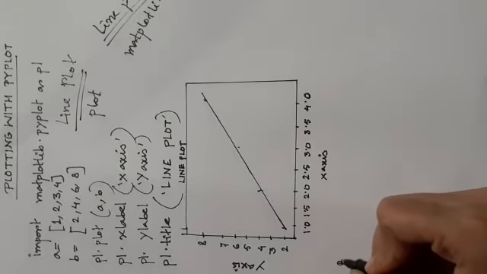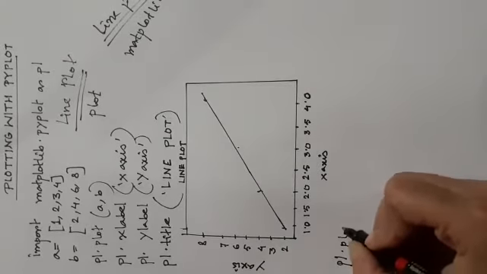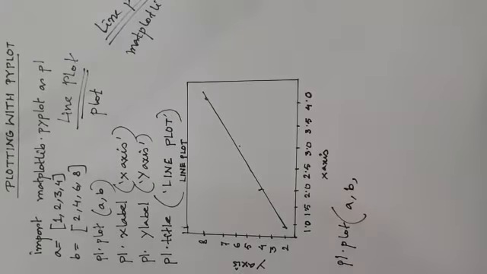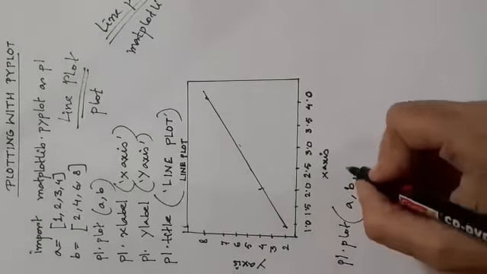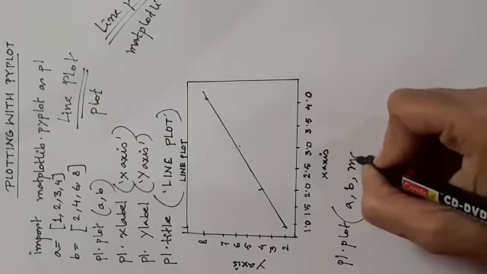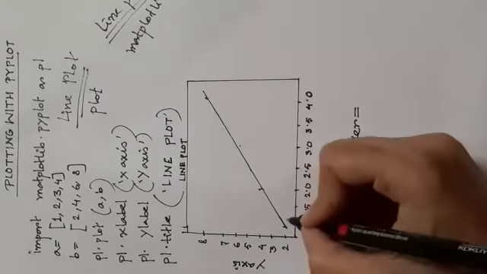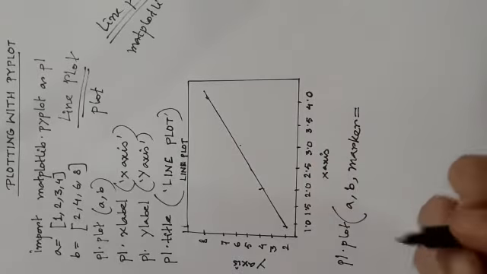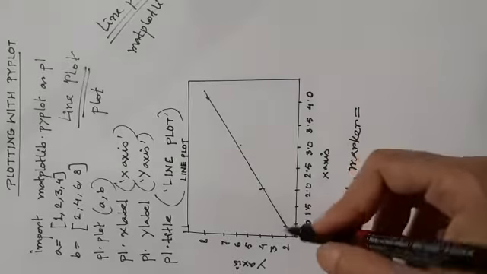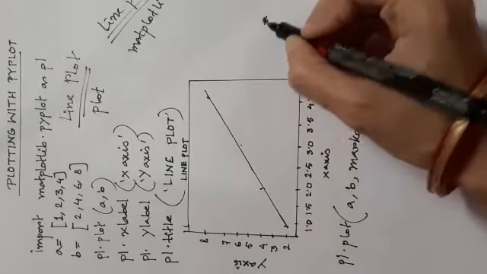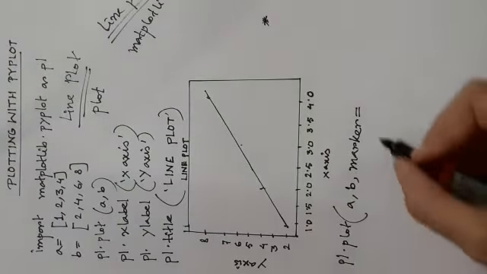Suppose I want to see those points, so pl.plot A comma B. Now I have to pass one argument, marker. Suppose I want to see some star type symbol, an asterisk sign, at those points. So what I'll do, marker equal to,